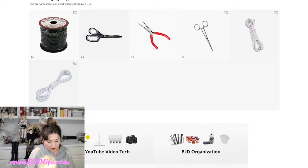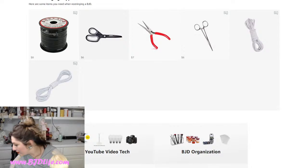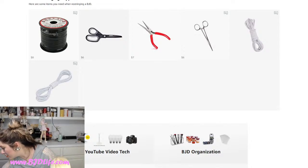And sometimes they'll use a thinner one for the arms and legs and stuff, but yeah, I'm not sure. This seems like a really thick elastic. I don't know how this is gonna work. I'm hoping it's gonna be decent. I don't know. Because I do have some other previous elastic, I think somewhere in here. I'm not sure where